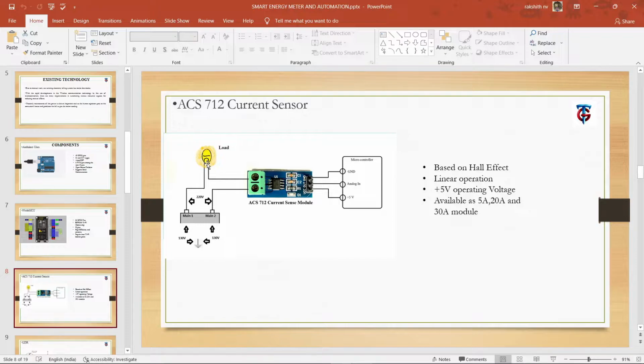different models available, like support for 5 ampere, 20 ampere and 30 ampere. In our project we have used the 30 ampere module, so it can measure up to 30 ampere current